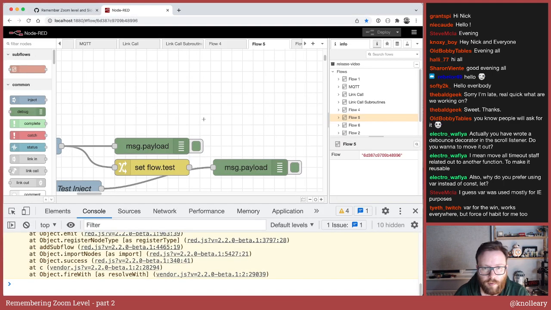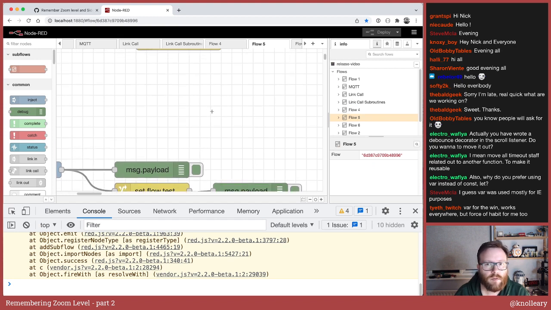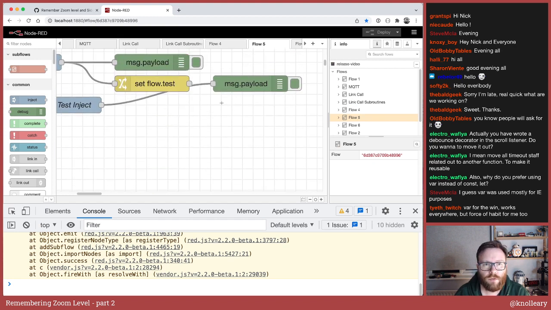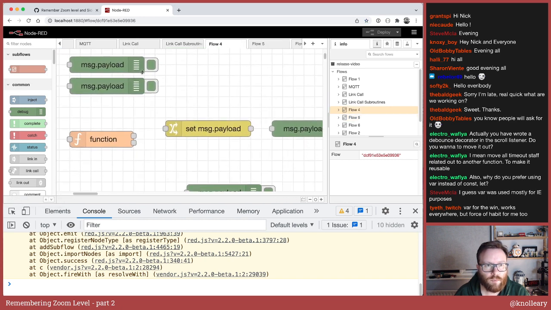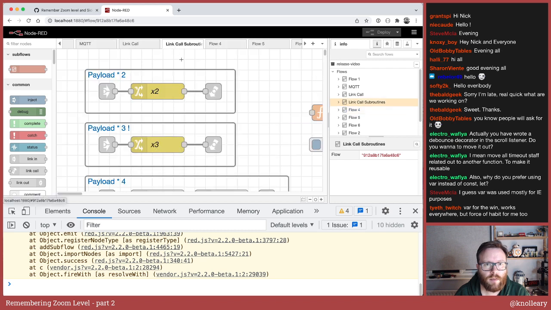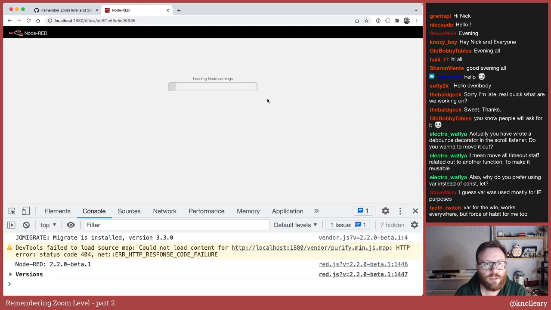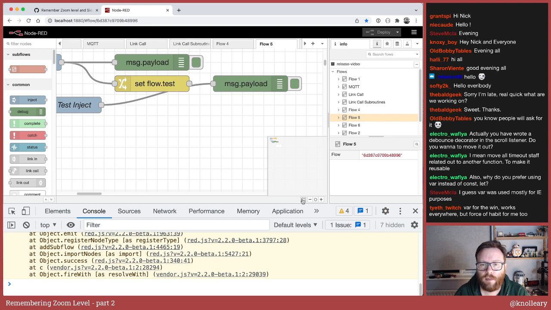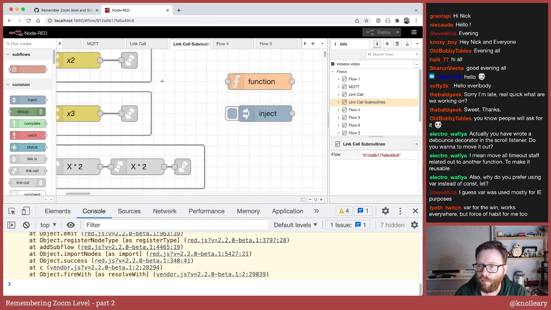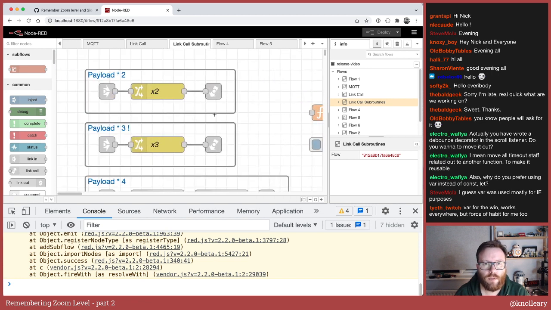So we want to test, are we restoring positions? So here we are on flow 5, and we're going to scroll down away from the default. Here on flow 4, I'm going to move us as well. So we've got those debug nodes up there. This one, we're going to stay up in the corner. So let's go to flow 4 and refresh. And it has restored our position. And flow 5 has been switched back, and it's remembered where we were. I think, cool. It's all working. That is all working. Awesome.